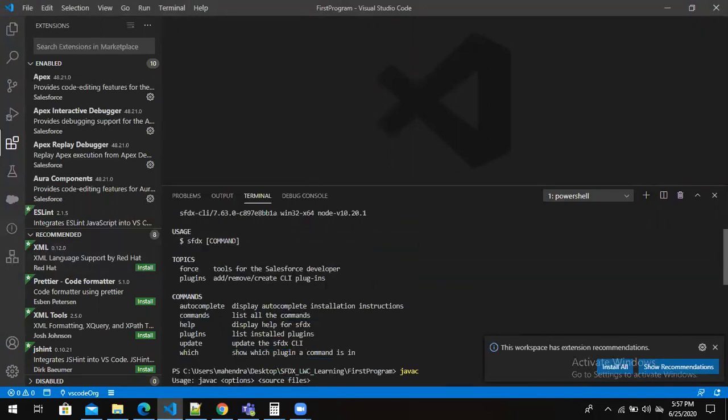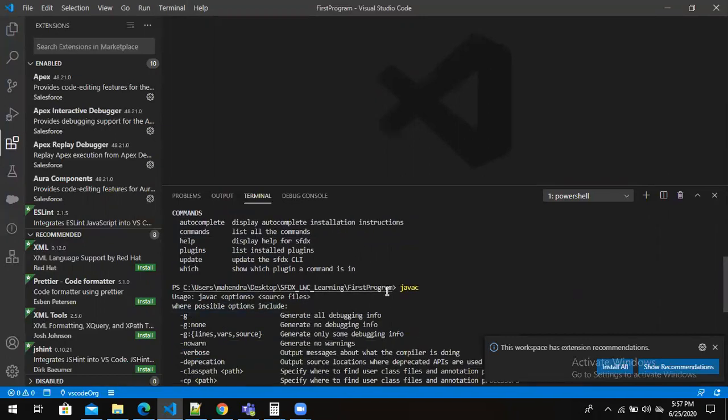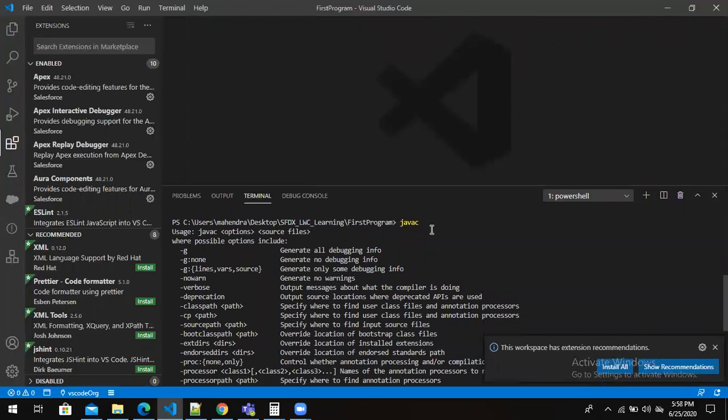The next step what I did was, we need Java as well, right? So for that I have installed Java. In case you see any error messages like Java C is not recognized, you can also type here Java and click enter to check whether Java is installed or not. If it is not, even after installation, sometimes the path will not be configured properly, so you have to configure it in the system variables. You can just type here Java C, and if you see these types of suggestions or commands, then it means that Java is also installed properly.